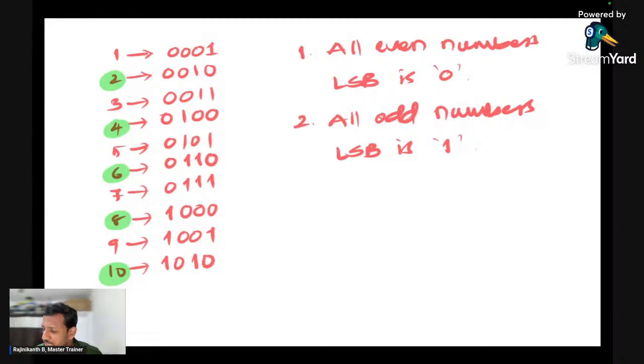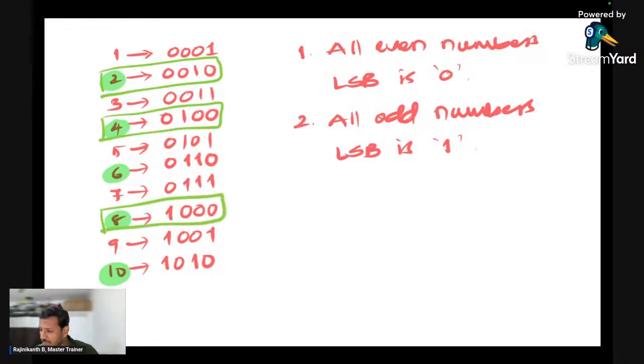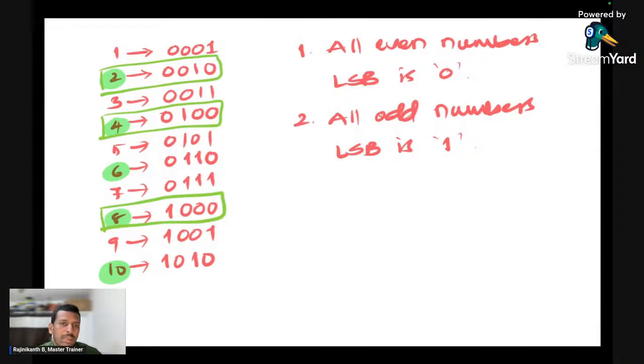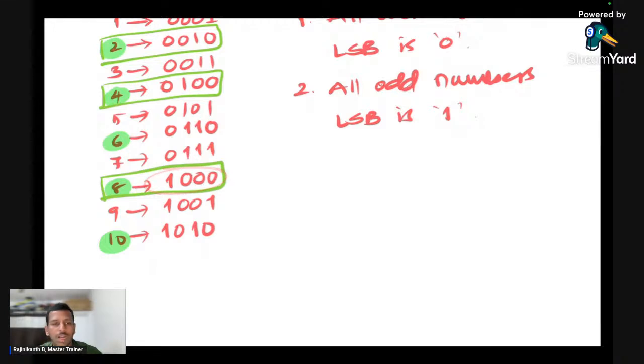And the second property I want to tell you is about the powers of 2. So what powers of 2 do we have? 2 to the power 1, then 2 power 2, then 2 power 3, right? We have 3 powers of 2 here. And can you guess, there is a pattern being followed in this. Now you check. In the first power of 2, there is only one set bit. In this also there is only one set bit. In this also only one set bit. That means if I take the powers of 2, 2, 4, 8, 16, 32, 64, 128,